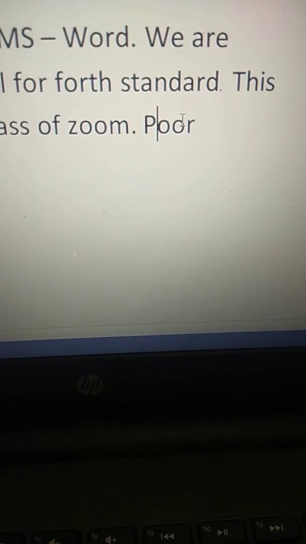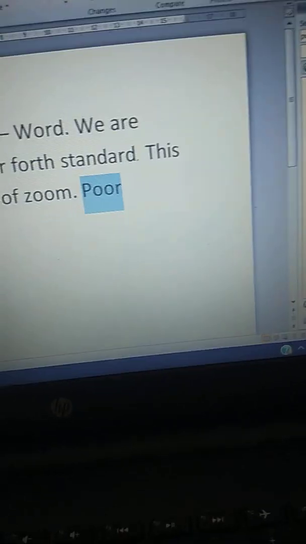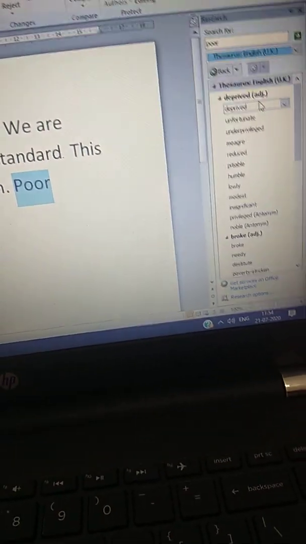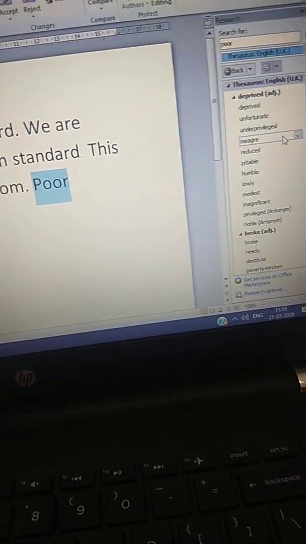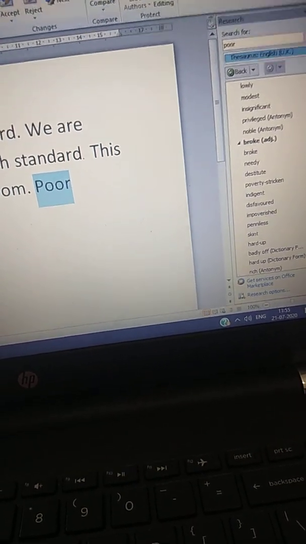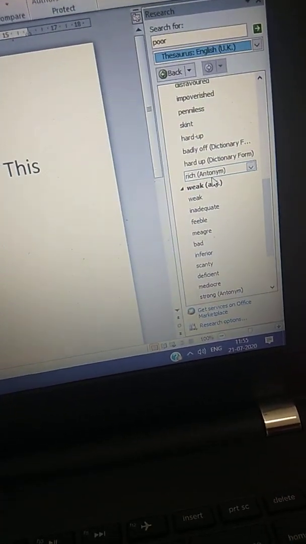When I select this word poor and write poor over it and press the go button, then see, poor means deprived, unfortunate and all that. Then you can see here, it is rich.